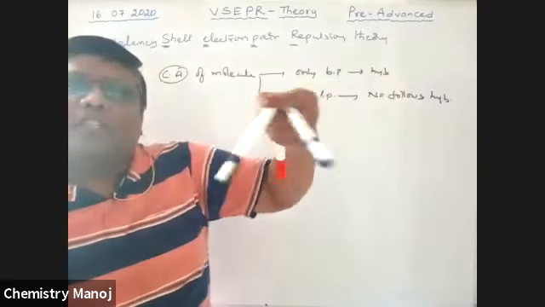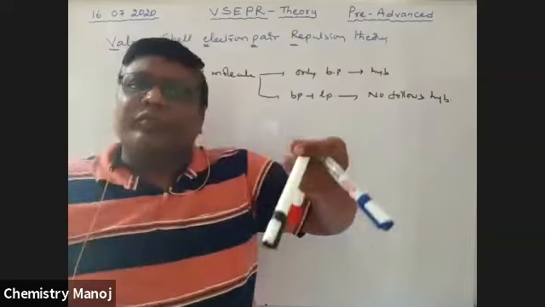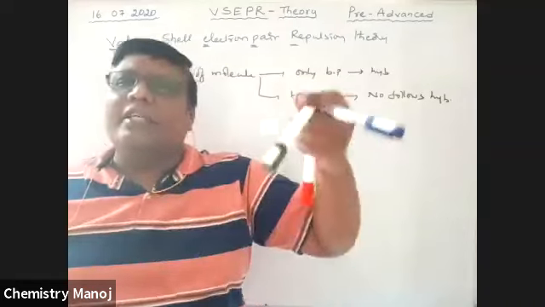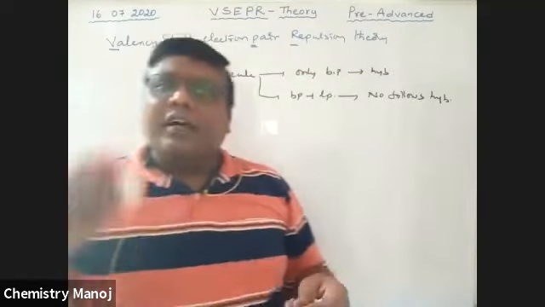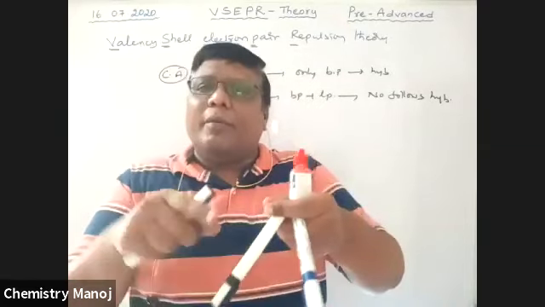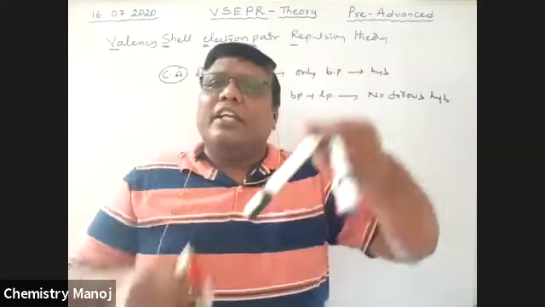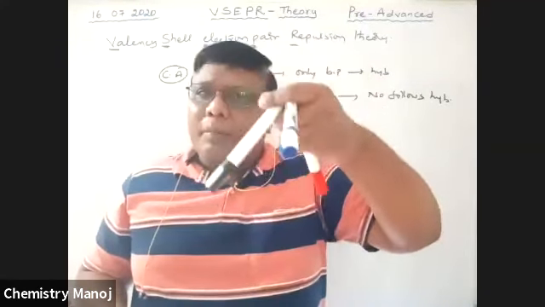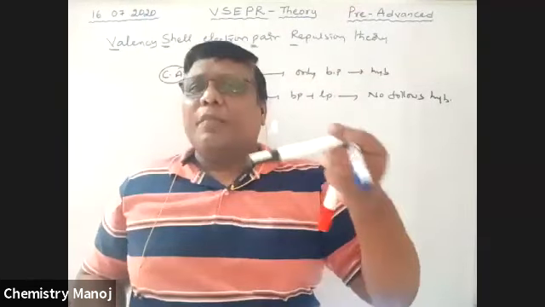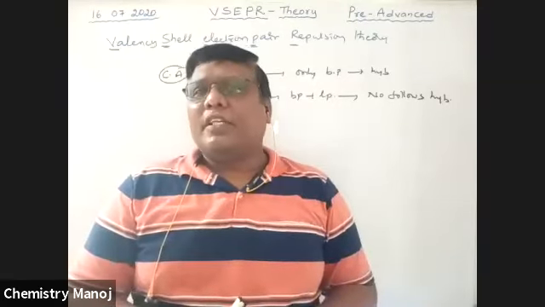Now the shape is pyramidal. That is why the ammonia molecule has a pyramidal shape, because of repulsion between this lone pair and these bond pairs. All these repulsions finally give a shape that is called a pyramidal shape. There, minimum repulsions are there. So that is the shape of the molecule. Therefore, the NH3 molecule has a pyramidal shape because of this lone pair and bond pair repulsion.